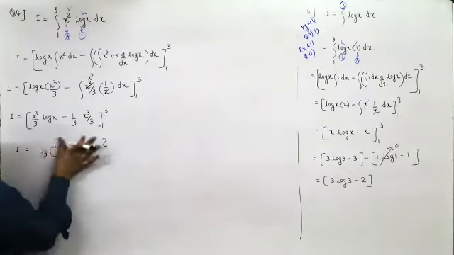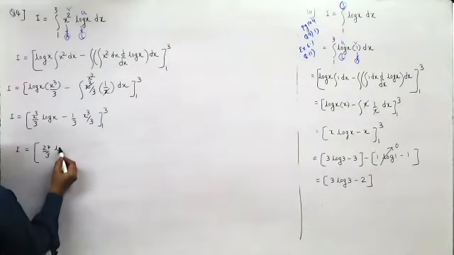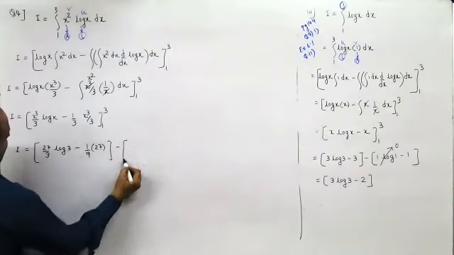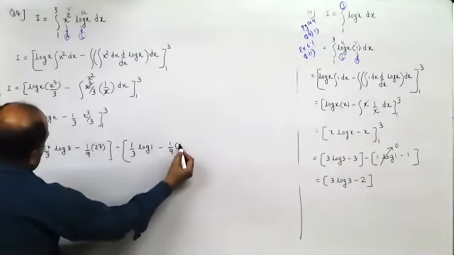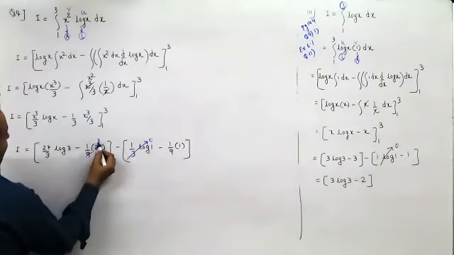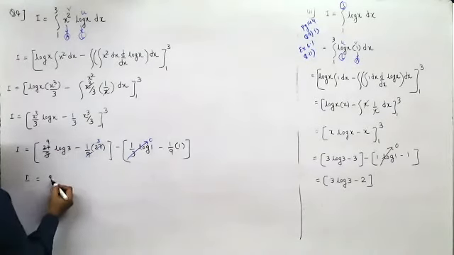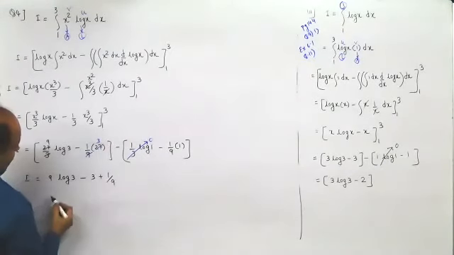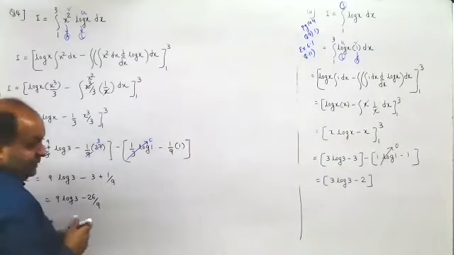In fact, there is no point in doing so. We can just substitute 3 here. This would be 3 cubed, 27 by 3, log 3 minus 1 by 9. This is 3 cubed, that is 27. Then minus of 1 upon 3 log 1, that is 0. And then minus 1 upon 9, this is 1. This is 0. 9 threes are 27, so 9 log 3 minus 3 minus 1 by 9. And then minus 3 and plus 1 by 9. 9 log 3, this is minus 27 plus 1, minus 26 by 9.